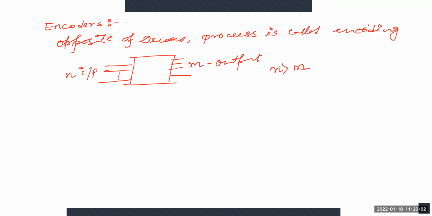Now there is a concept of the octal to binary encoder. Actually, in your syllabus there is only a mention of the encoder part. So this is the encoder, but here there are the octal to binary encoder, decimal to BCD encoder, and the priority encoder. As per my opinion, the priority encoder is important for your exam, but I will discuss octal to binary as well as the priority encoder. First I will discuss the octal to binary